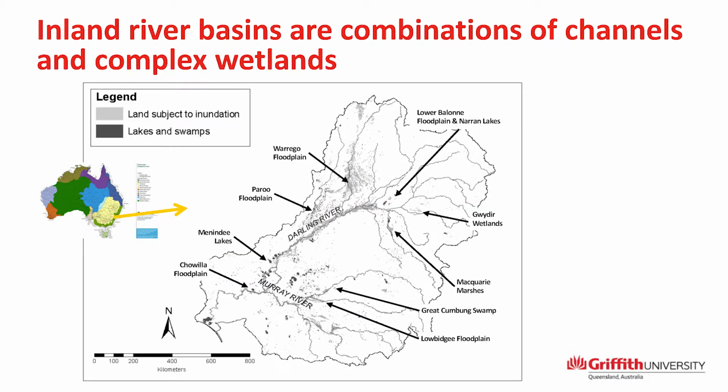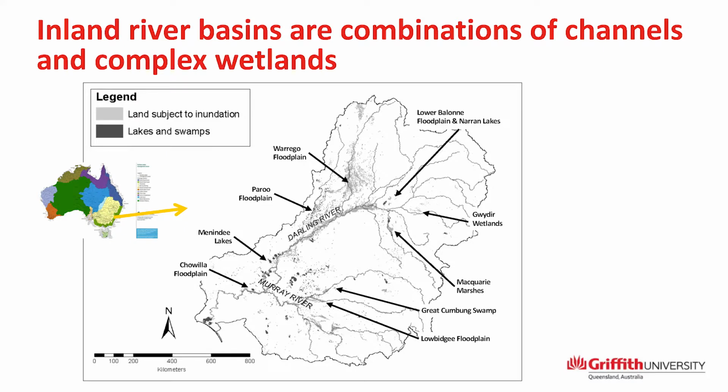So the Murray-Darling Basin's a little bit strange. It doesn't flow to any particular large permanent water body. The inland river basins are all like combinations of channels and complex wetlands. And if you look at what's highlighted on that map, you'll see that many of the tributaries actually end in a complex floodplain. So things like the Gwydir wetlands are the flood out part of the Gwydir before it actually